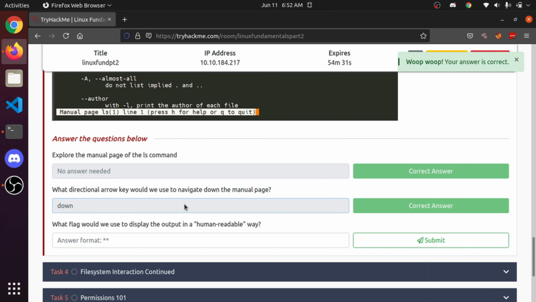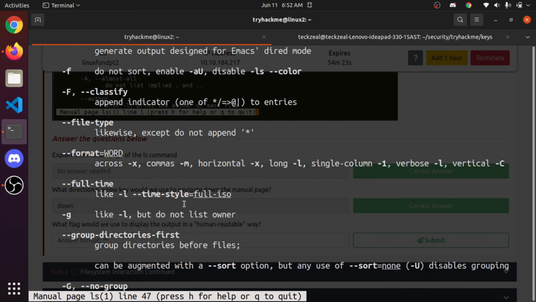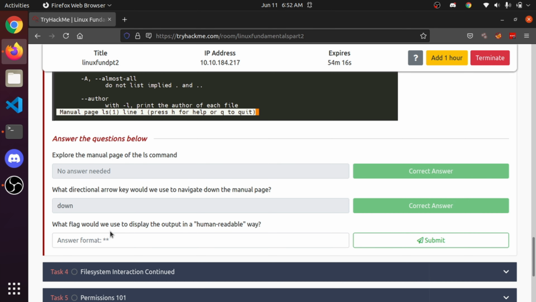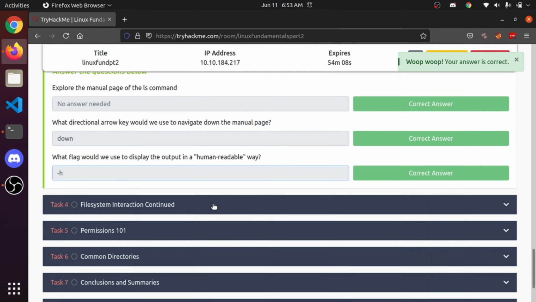Yeah, it's correct. What flag would we use to display output in a human readable way? Okay, human readable way, -h. We can use -h for a human readable way, if there are so many characters. So -h. Yeah, this task 3 is completed.